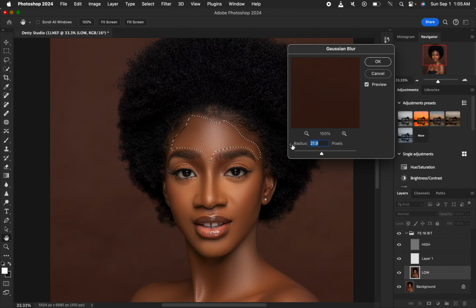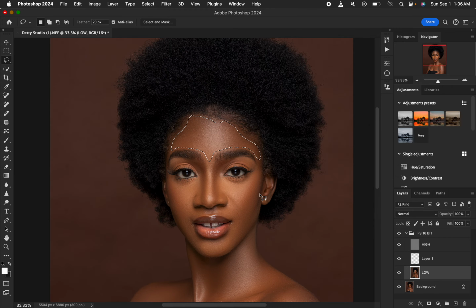But if at all you're not confident enough with identifying the right sweet spot regarding skin textures, this is the trick I tend to use. For the radius you had for your frequency separation, in our case 7 pixels, multiply 7 by 3 and put in that value. So 7 by 3 is 21. I'll just delete 7 and type in 21, and you can see that gets the results done for us,